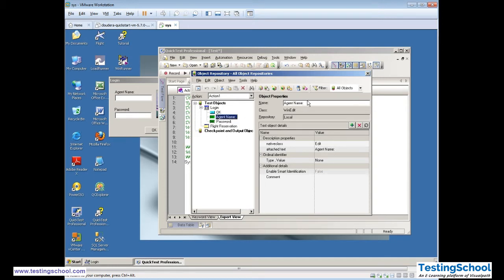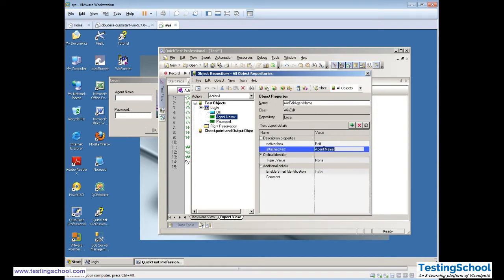So best example is WinEdit. So we will write technical name also, starting with camel casing, WinEdit, agent name, no space. This is just a way of writing quality test cases or quality OR.